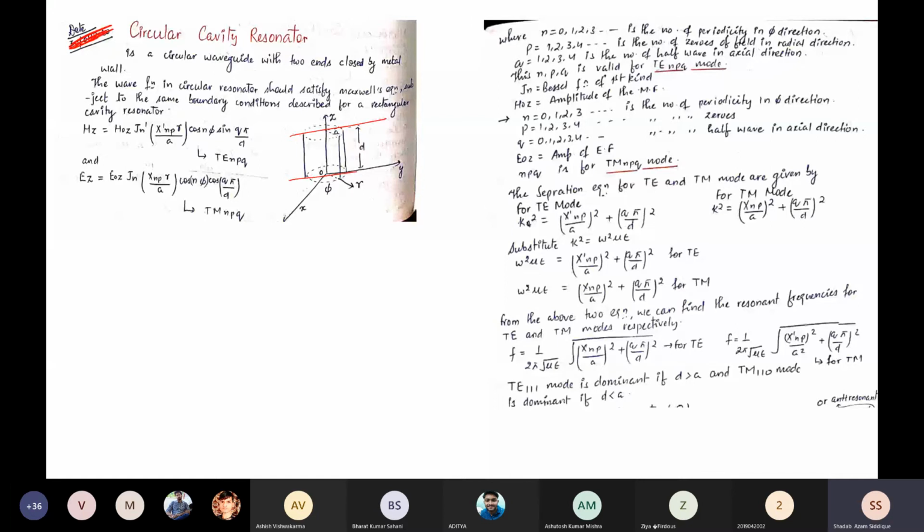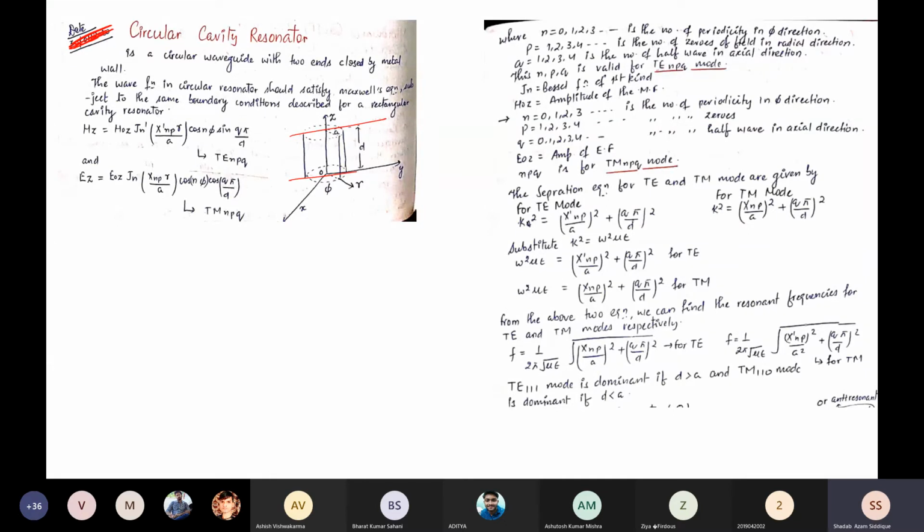And using the boundary condition and the analysis which we have gone through for the circular waveguide, which can be used here. Analysis means the mathematical analysis which we have used, like for the Bessel function, the Maxwell's equations, starting from the wave equation, the Helmholtz equation, whatever derivation we have seen can be used here. And the wave equation or the field equation which we found in the Z direction for the TE mode can be used here, and for the TM mode, that is the field equation in the Z direction, EZ, can be used here.